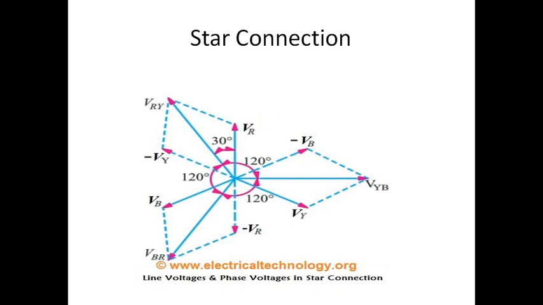What is a phasor diagram? The phase of an alternating quantity at any instant in time can be represented by a phasor diagram. Since it is an alternating quantity, the output is always changing, always moving. So the phase of an alternating quantity at any instant of time can be represented by the phasor diagram. Why am I going for this? At this particular instant, what is my phase? I want to know, so I am going for this particular phasor diagram.